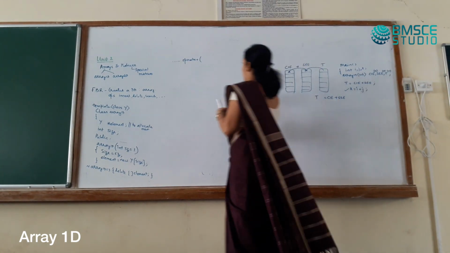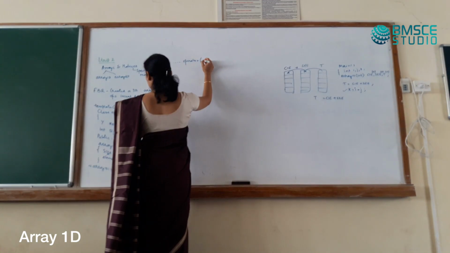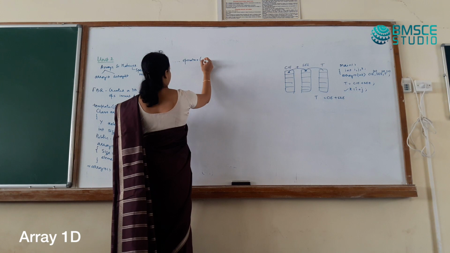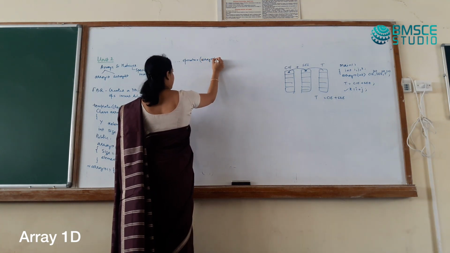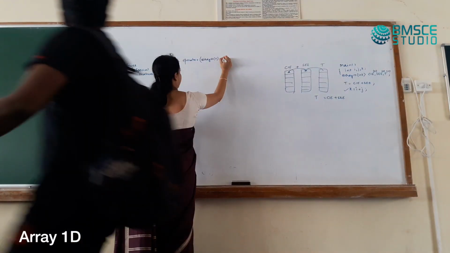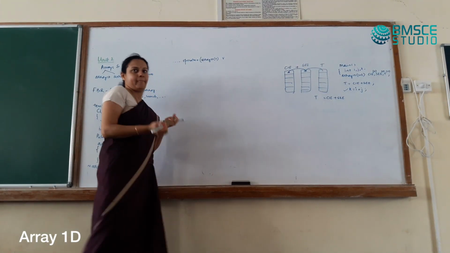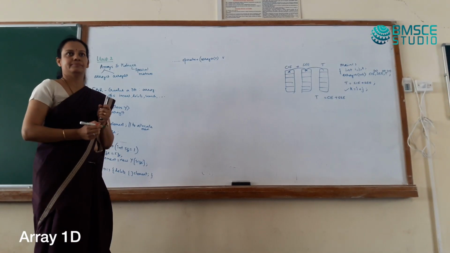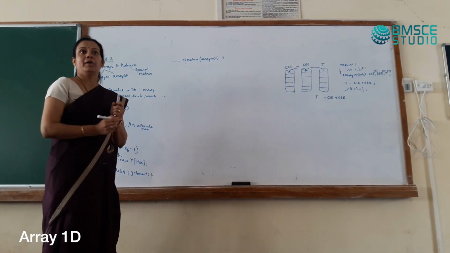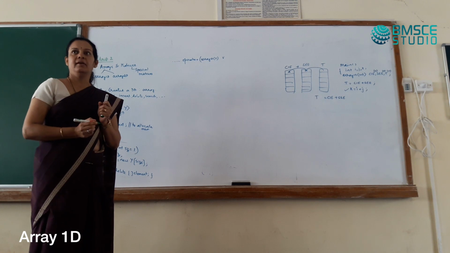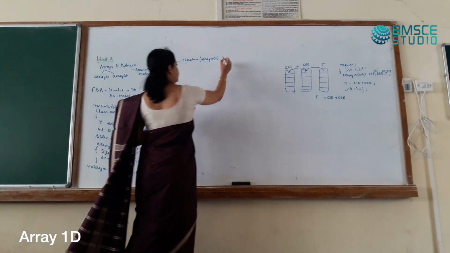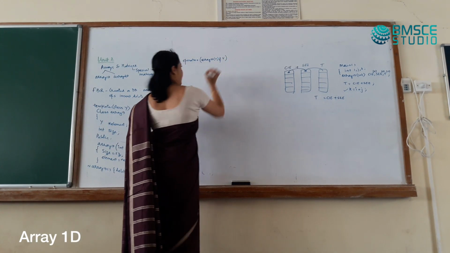So what is the argument? What is the parameter that is coming in? It is array 1D of type T. I will take it as v, some variable v. Can I put an ampersand? You don't want the CIE to change, right? Can I put an ampersand?